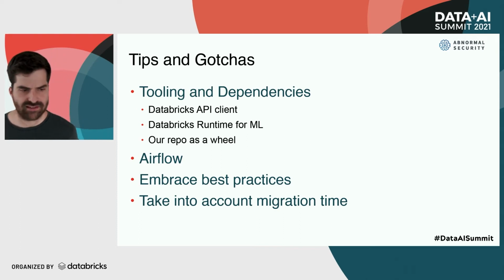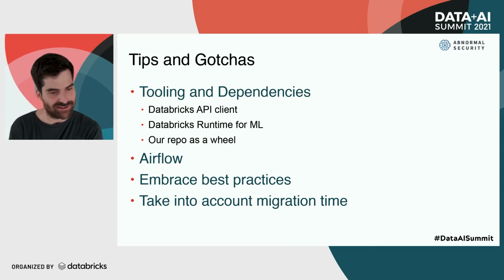A third one that I would say is a little bit vague, but embrace best practices, right? So one example is for this notoriously difficult pipeline to run. What the pipeline does is that it schedules one job per customer, which you could argue is a good or bad practice. We'll probably get away from that. But because of that, it was running dozens of jobs all at once. So our first approach was, let's bring up a cluster, run all the jobs for the pipeline, and then tear down the cluster.